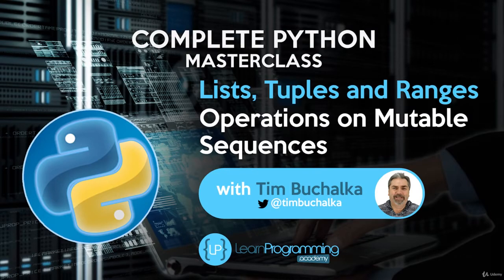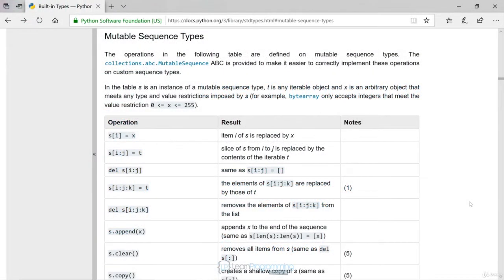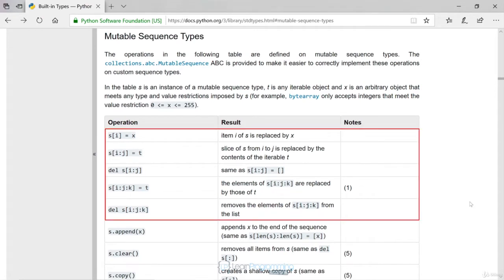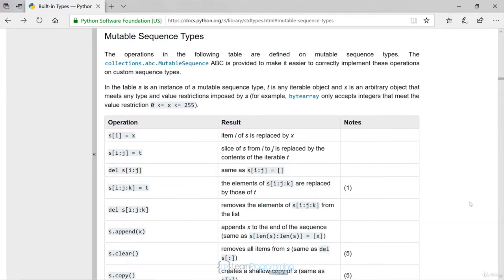So let's go back now to our mutable sequence types Python documentation page, and looking at that it might look quite confusing. The first 5 operations are using indexing and slicing to change items in the sequence. Make sure that you're happy using indexes and slices. Review the videos in section 3 if necessary, because we'll be using slices later in this section. I'm not going to discuss them just yet because changing slices will be easier to understand once we've seen lists